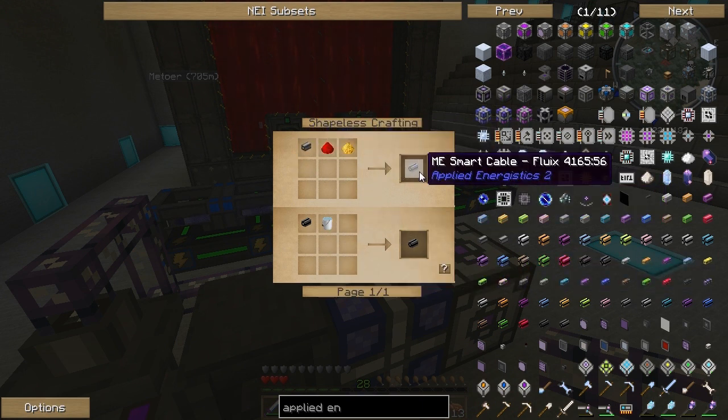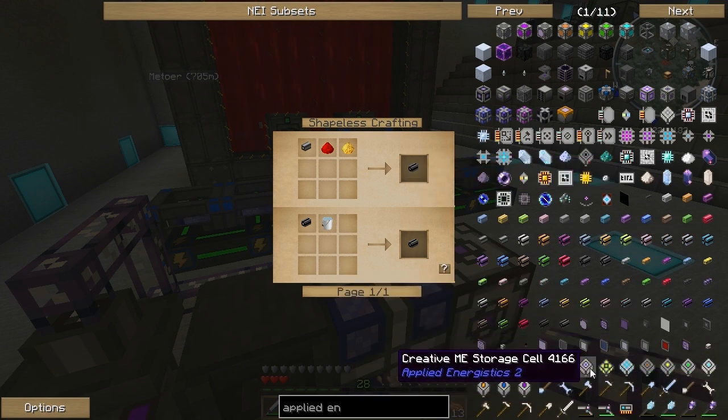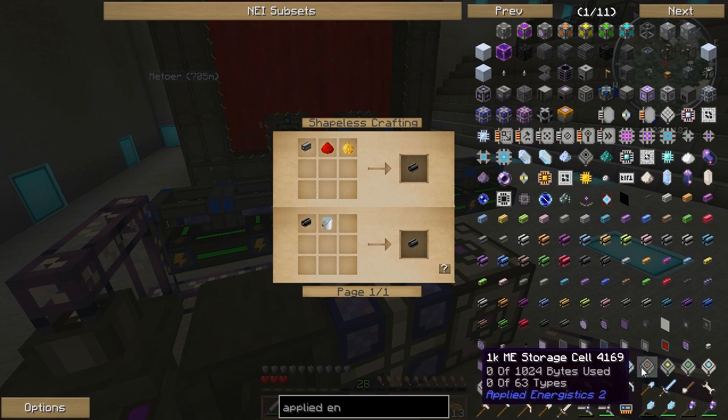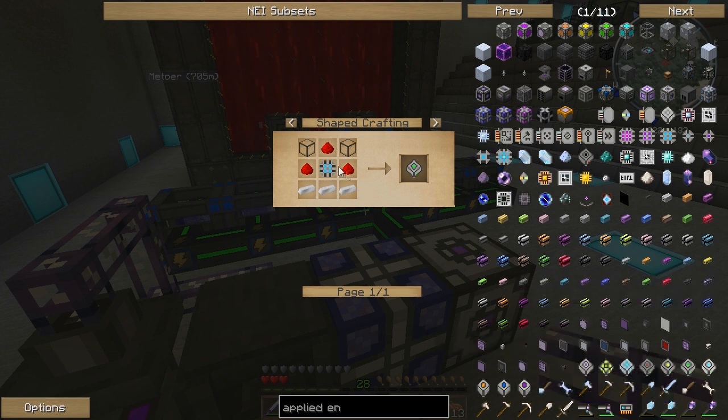So yeah, we want a bunch of these, basically, which will be awesome. Then we've also got the mat cannons, all this crazy stuff. But first things first, we want to make one of these storage cells. So we want to make a 16K, probably, because I was running out of space. So to make a 16K, we've got to make the...